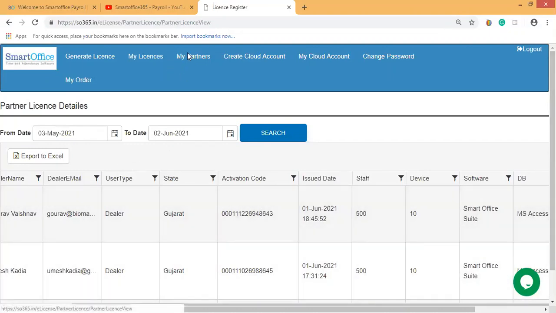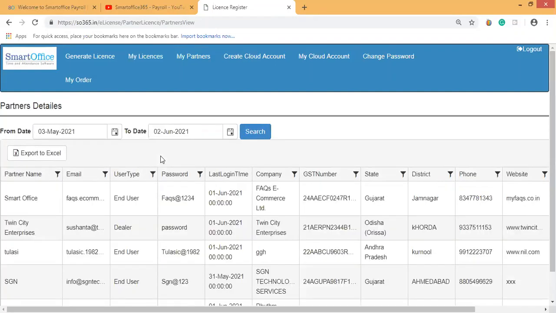Even I'll come to know my partners from here, how many partners I have. So this is one of the uses of generating the license key.